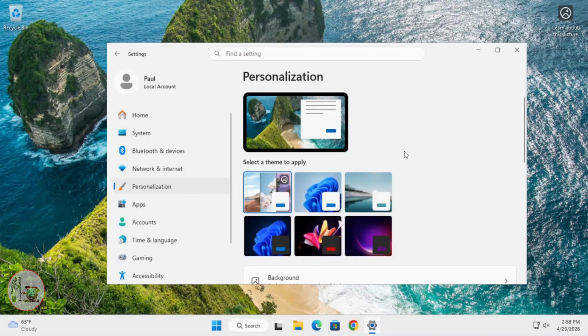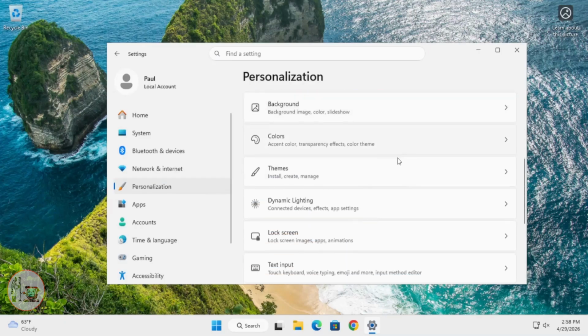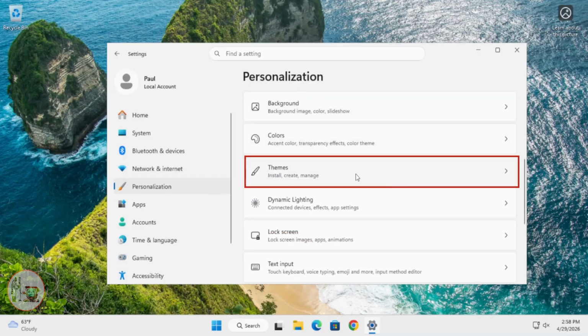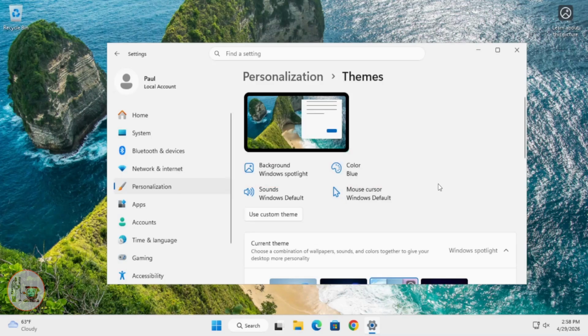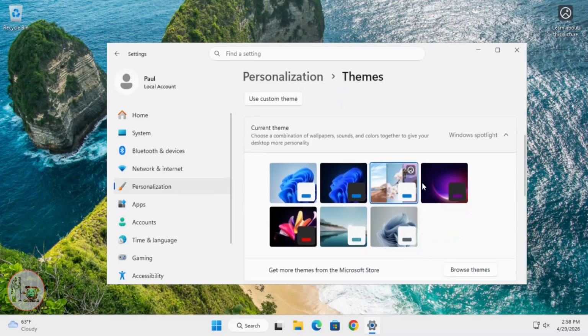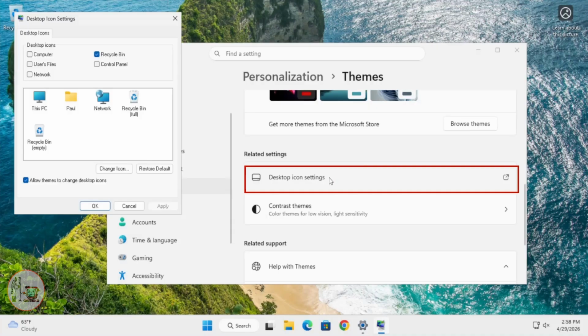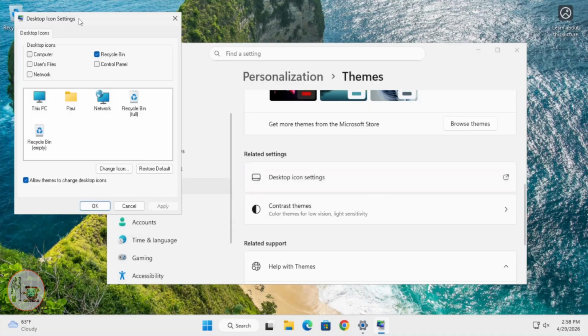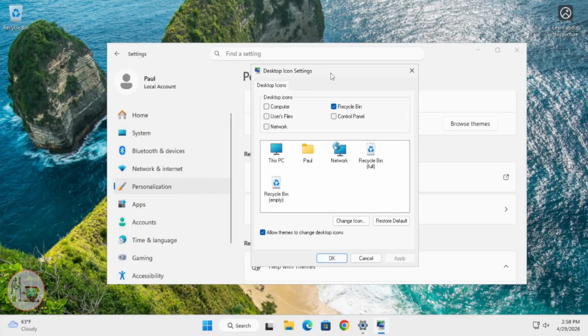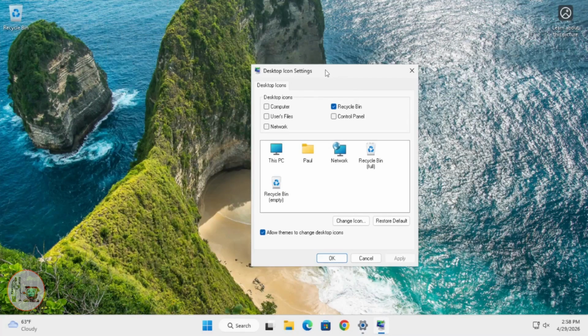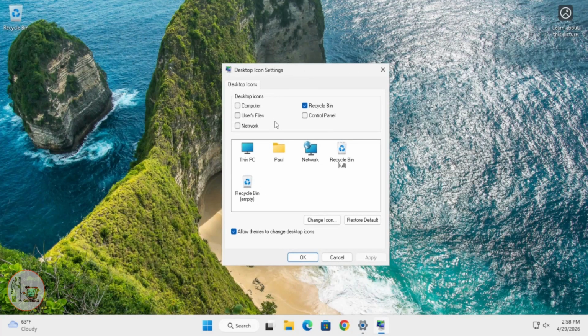And then we're going to scroll down to where it says Themes. So find that, Themes, open that up. And in Themes, we're going to scroll down until we find this Desktop Icon Settings. So we're going to click on that to open it up. Now here we have what used to look like, I'm going to minimize this,